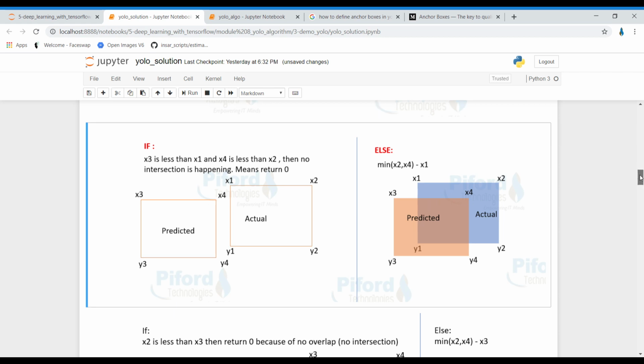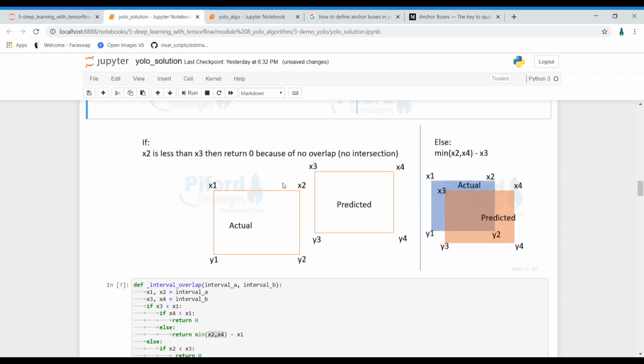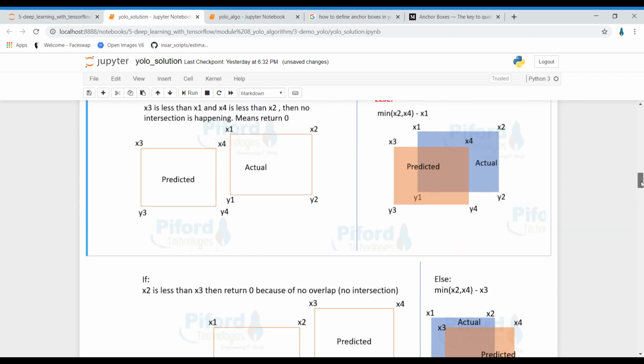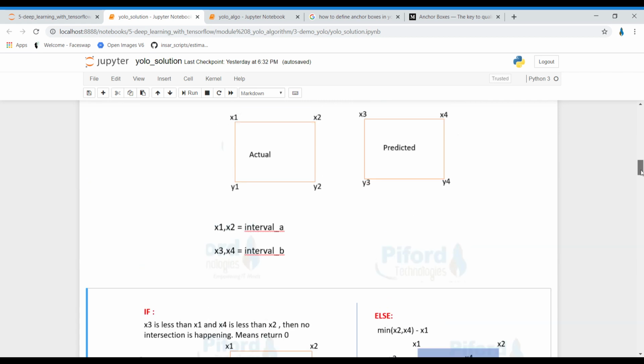This is how we'll work for this condition also: if x2 is less than x3. Previously we worked on x3 and x4, now we are checking x1 and x2. If x2 is less than x3, then check if x1 is less than this.